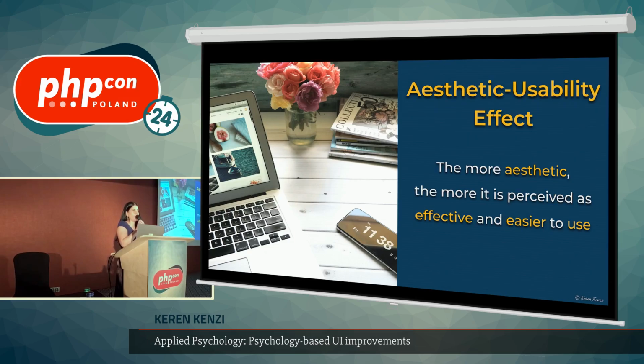And we talked about all these kinds of principles, and by applying those principles to our design, we not only make it user-friendly and reduce the cognitive load, we also make it more aesthetic. Right? We saw with the divider, it's an even more aesthetic design without it. So there is an effect called the aesthetic usability effect: the more aesthetic the website is, the more it's perceived as more effective